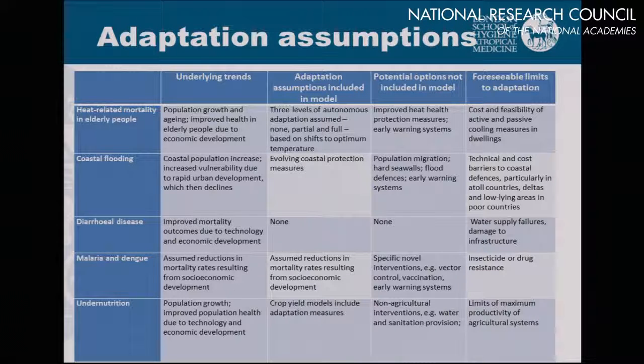But the problem is we have a lot of evidence that adaptation will occur. We don't have good evidence about what level of adaptation will occur. So that had to be an explicit assumption based on the best evidence that we had. And the coastal flooding includes coastal defences, so that has adaptation. All the agricultural modelling has adaptations within the agricultural models, okay? And yeah, that's about it, really.